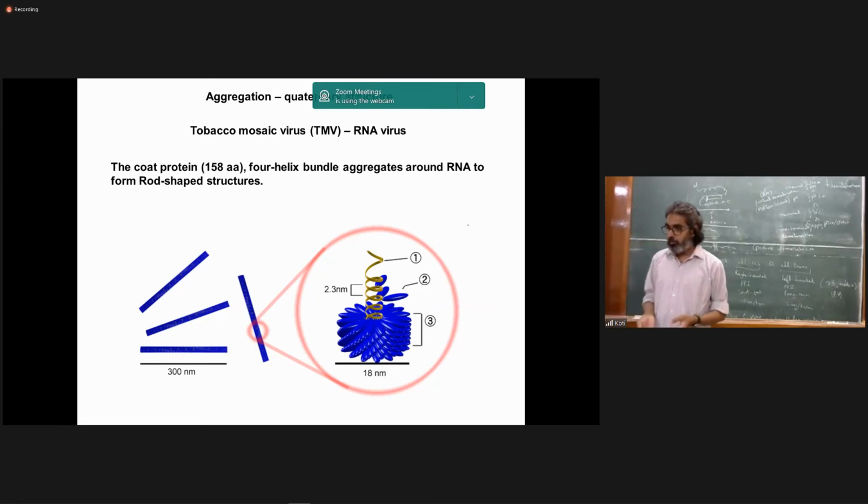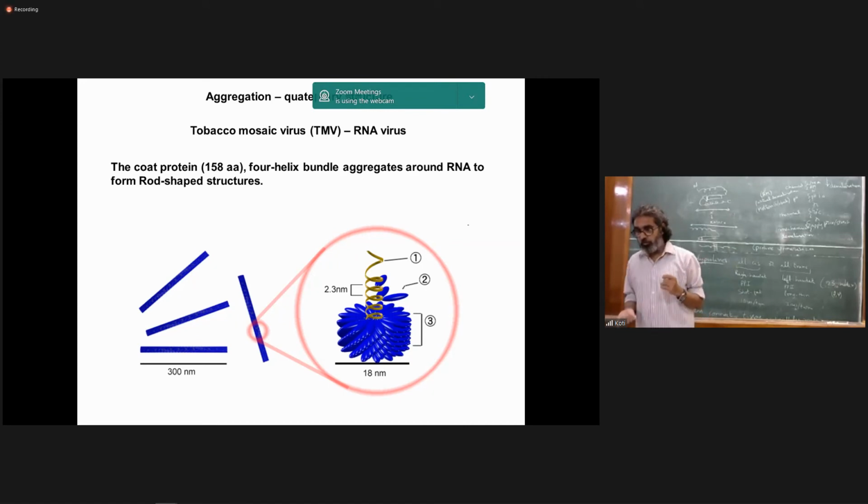This is the tobacco mosaic virus, called TMV. It's an RNA virus, just like SARS-CoV-2, with a very interesting RNA molecule, its genetic code, which is injected into cells. As the name suggests, it affects the tobacco plant. It has a nice RNA, I don't remember exactly the sequence, with a very fixed number of ribonucleotides, and it is coated with protein.